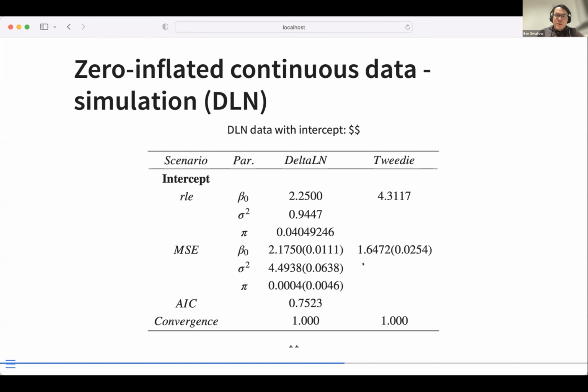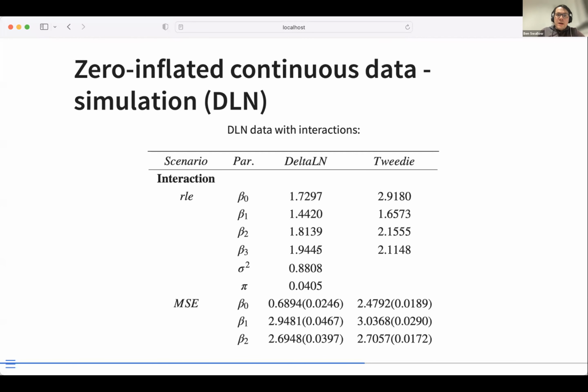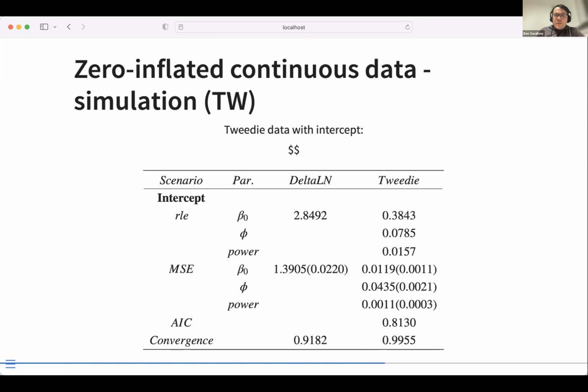There just wasn't enough information then to fit these models correctly. But often the parameter biases were much higher for the delta model in general, particularly when we got onto the more complex models. When we fitted the models to Tweedie data, it consistently, much more persistently, preferred the Tweedie model according to AIC. And again, the estimates of the biases and mean squared errors were much, much lower in the